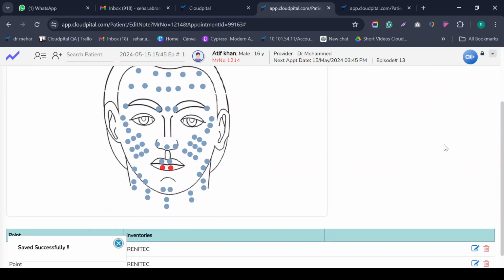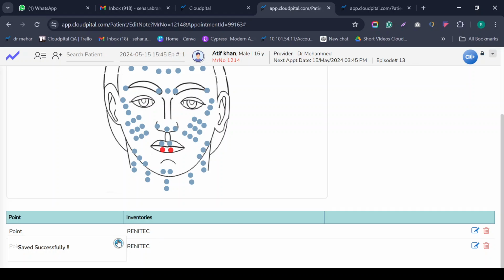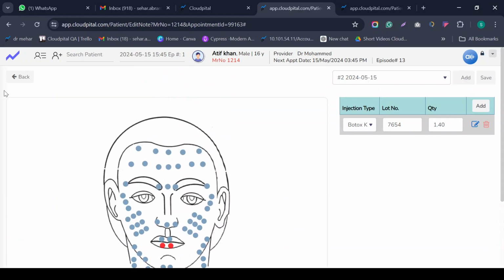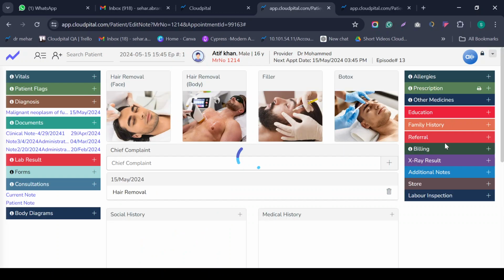So this part will be added successfully, and similarly these different records will be added in the drop down, like points highlighted and the inventories, like the injection value, highlighted in the drop down list. So these are the male parts which I explained, like how the system works in male facial hair, male body hair, male filler type, and male vortex type. These are all of the dermatology processes which we are using in our system, which we want to customize, and which we work on in our system as a dermatology feature.